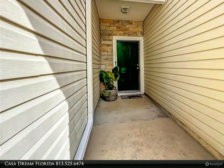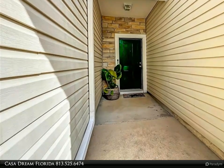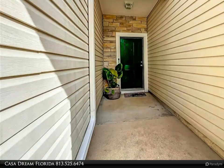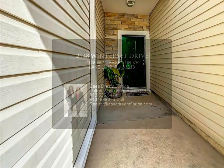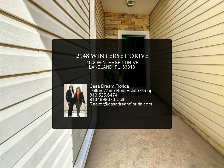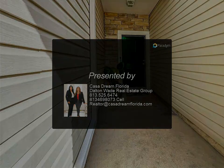Ideally located just minutes from the Polk Parkway and Lakeside Village, this home is also close to restaurants, shopping centers, and more. HOA covers private roads, gate, exterior maintenance, roof/siding, landscape maintenance, pool, insurance on common